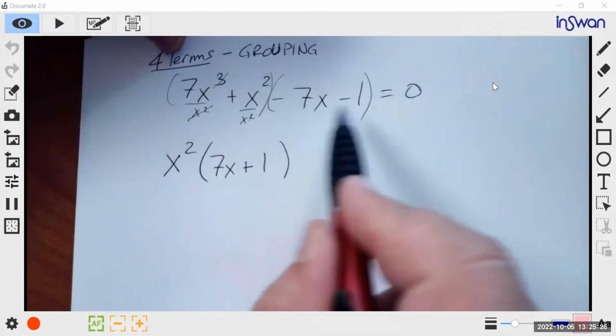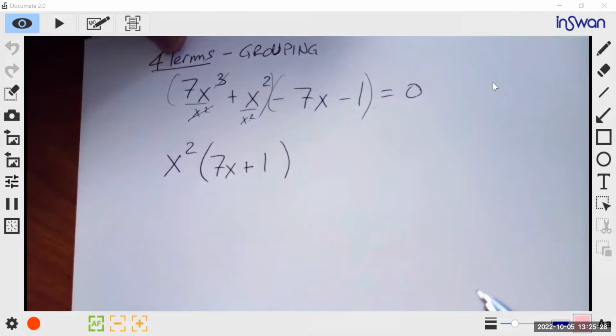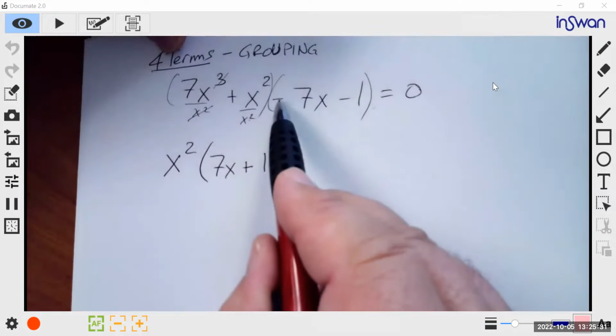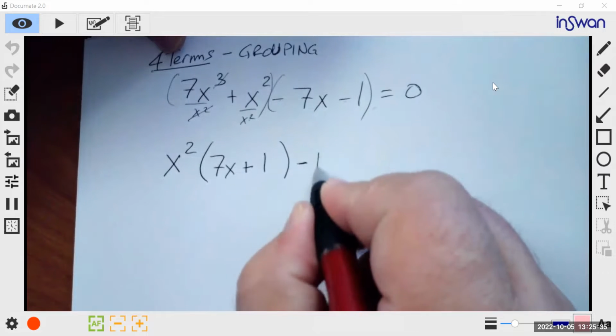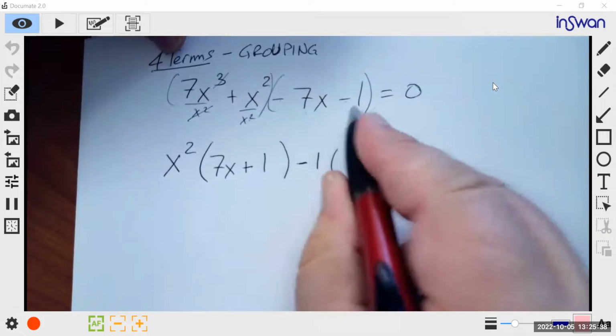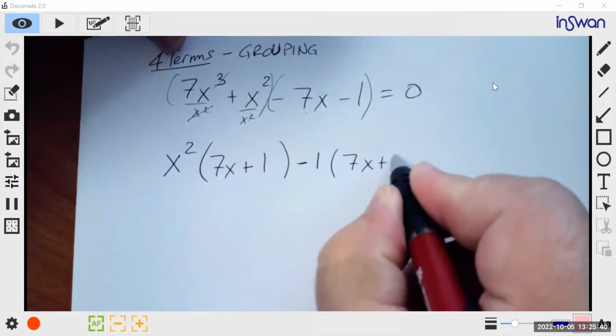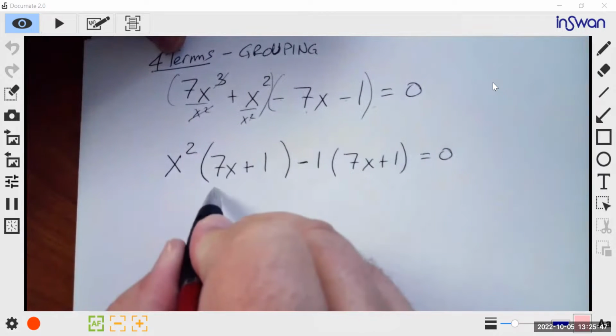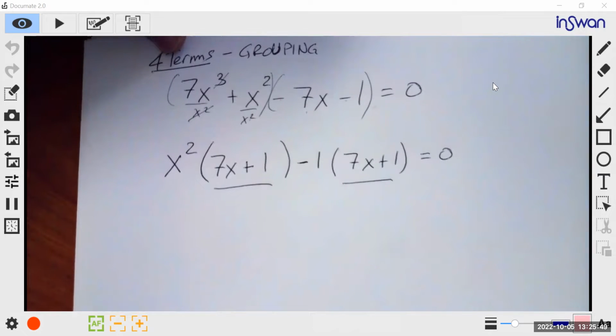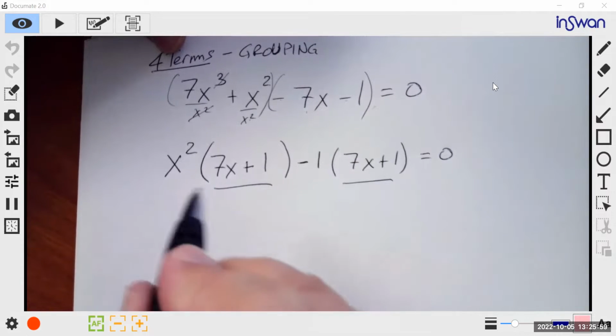How about the second parenthesis? What do they have in common? Yeah, they both have a negative, right? So we factor out the -1, which means I change both of those signs. The objective with grouping is whatever's inside the parentheses has to be the same. We have to massage it and move it around so they're exactly the same things. Because now we have